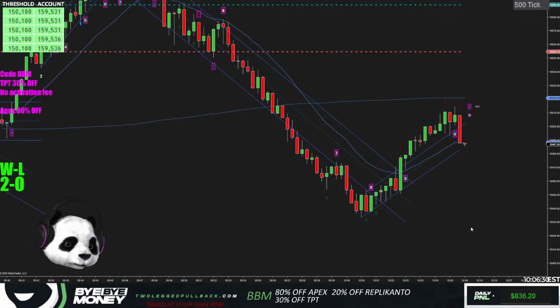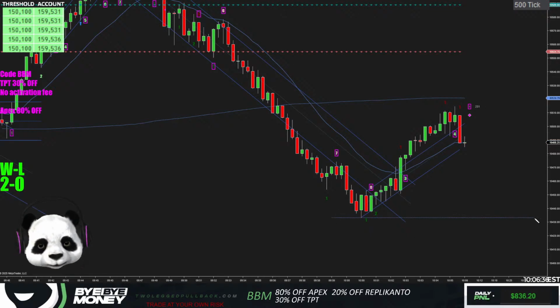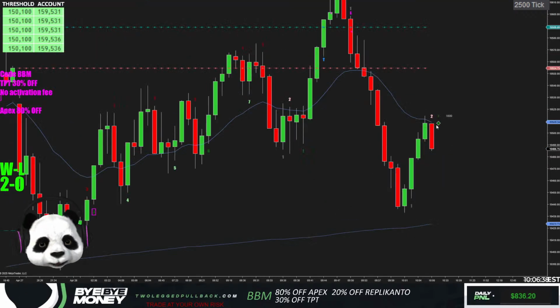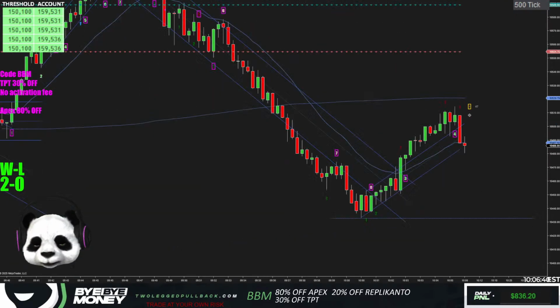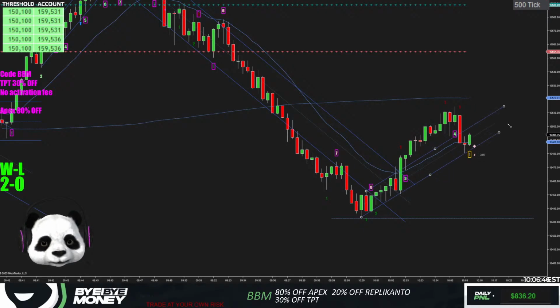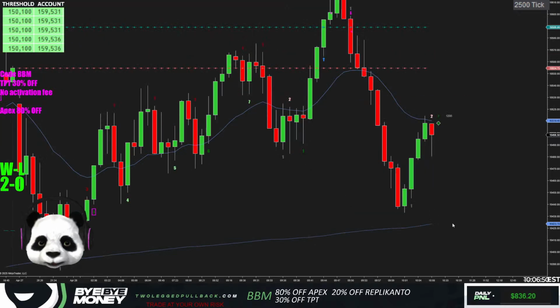Okay. Big push down. You're thinking one more low, right? You want to test this low. 2500 tick chart. It's just a bounce off the 20 MA. That's all that was. The second entry low might be forming here. 2500 tick chart. Just bouncing off the 20 MA as it is.